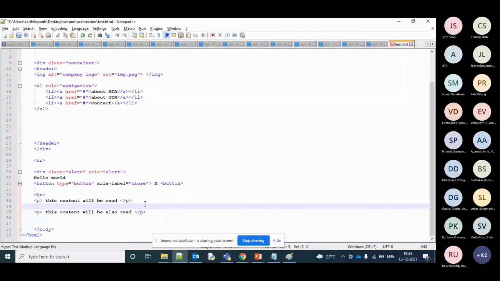So the screen reading software will be reading out, but we don't know why it didn't read out a particular content, because the aria-label might be missing. For example, it was reading it out as an X, and when I mentioned aria-label as close, it was reading it out as close. So this helps from an intuitive design perspective also, and helps the tester understand what betterment can be added, where it can be added and how it can be added.